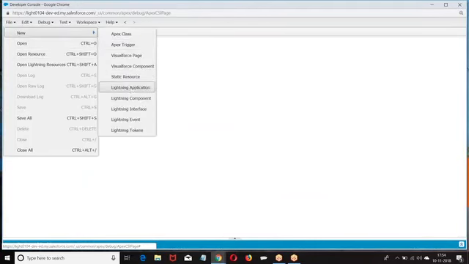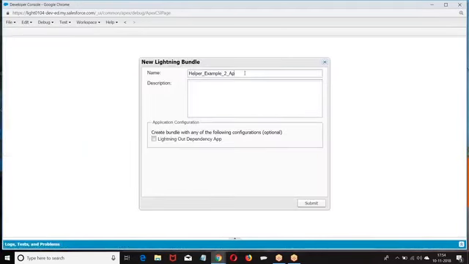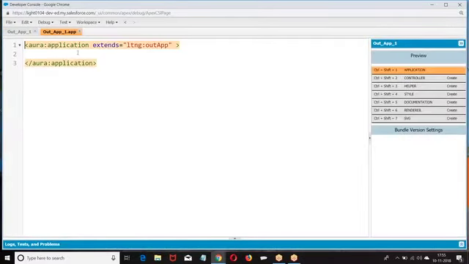Look at this. We have a checkbox. If I enable this checkbox, this will implement an interface. Look at the point. It will have extends Lightning Out app. If this is extending a Lightning Out app, this application can be used outside the Lightning. If I give the application extends Lightning Out app, this application can be included within third-party systems, that may be a Visualforce page or any third-party system.